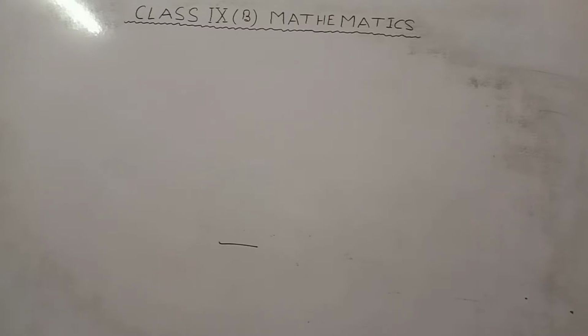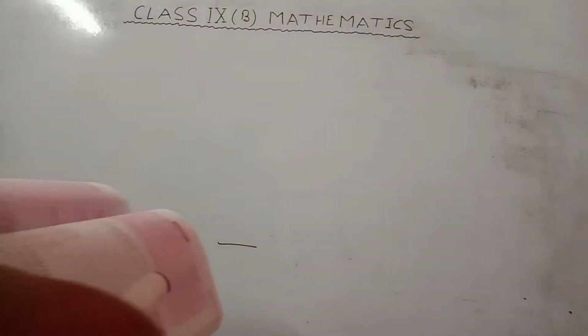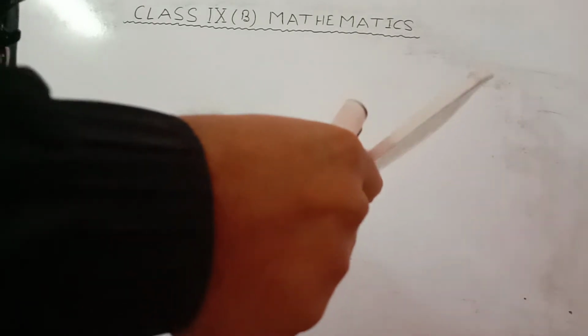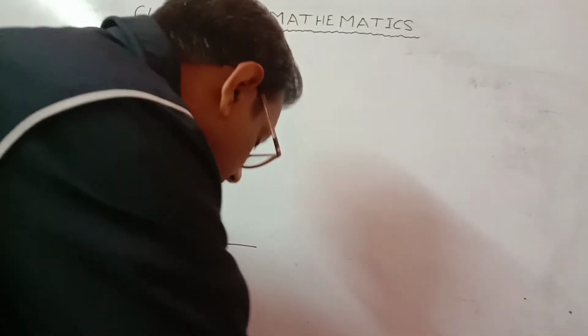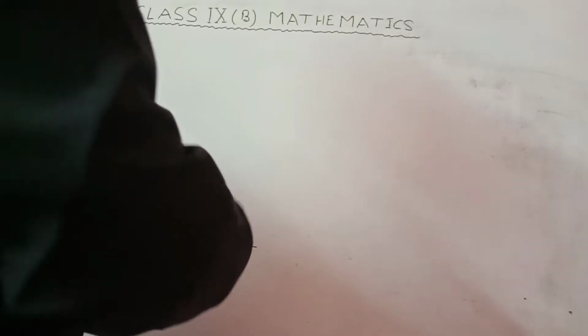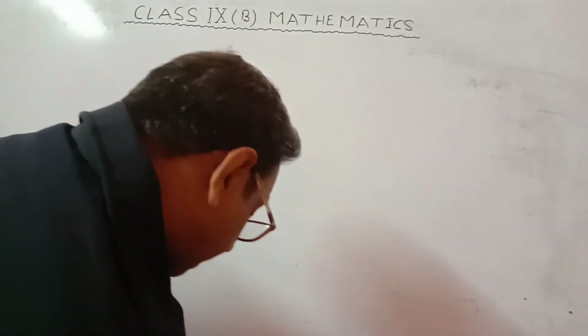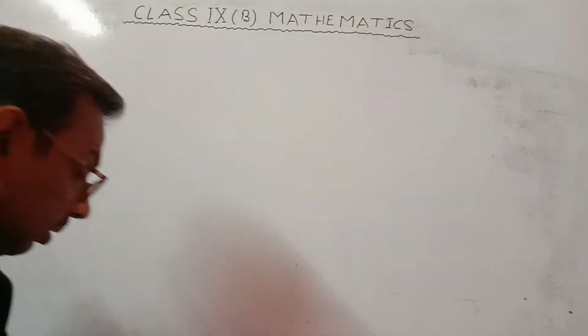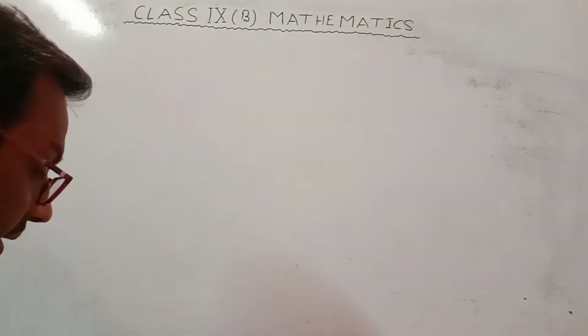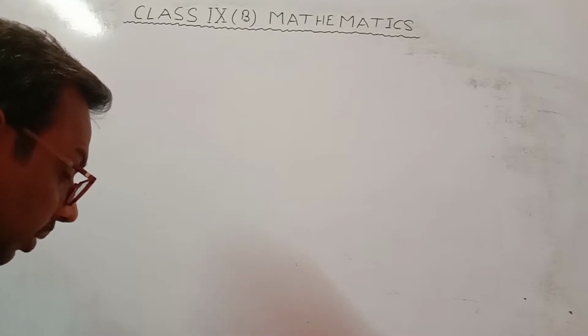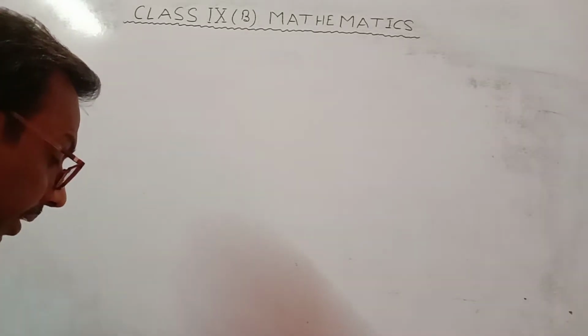Exercise 11A is going on. Today we will start from question number 10. This question number 10 states that PQRS is a rhombus. Then we have three Roman numbers in which we are asked to reply these answers. Roman number 1 is, if it is given that PQ equal to 3 cm, calculate the perimeter of PQRS.